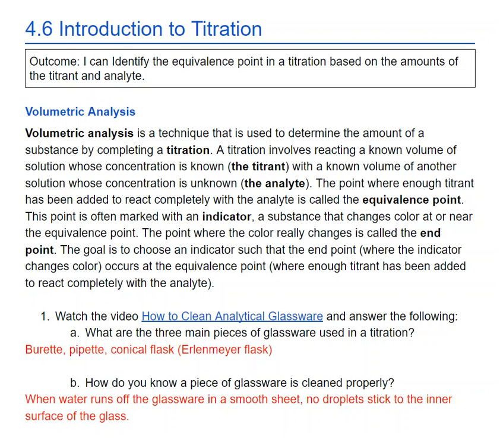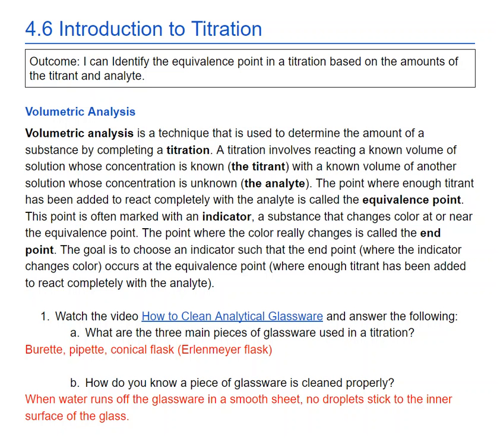4.6 is Introduction to Titration. So our outcome is I can identify the equivalence point in a titration based on the amounts of the titrant and the analyte. So volumetric analysis is a technique that can be used to determine the amount of a substance